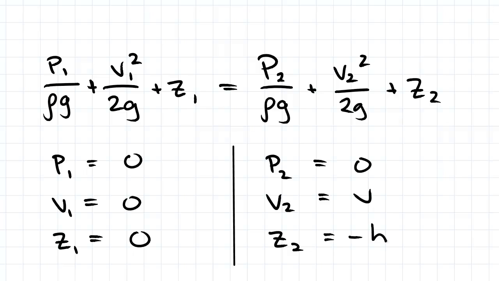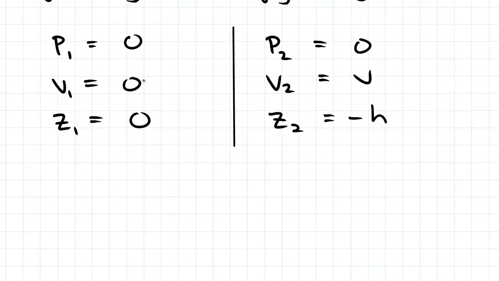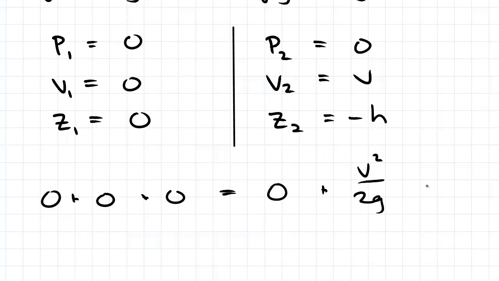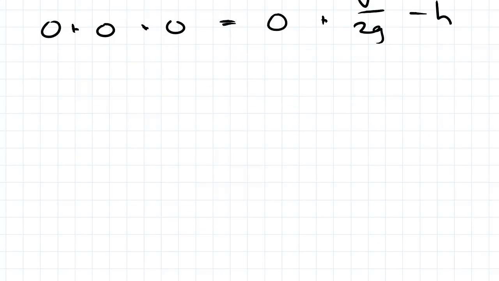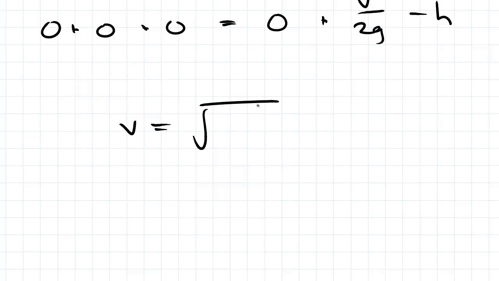And we'll put all that into the equation and rearrange to get the discharge velocity. So subbing that into the Bernoulli equation, we get 0 plus 0 plus 0 equals 0 plus v squared on 2g minus h. And if we rearrange that, we'll get v is the square root of 2